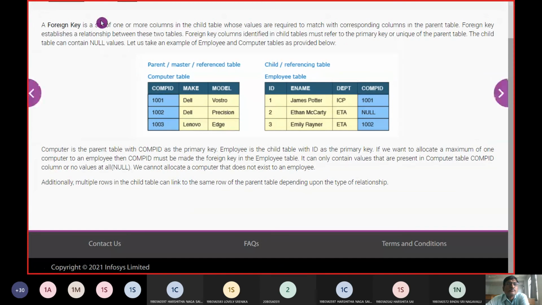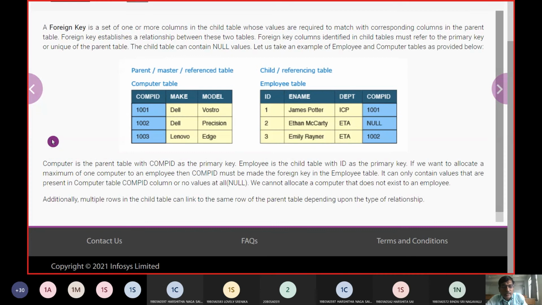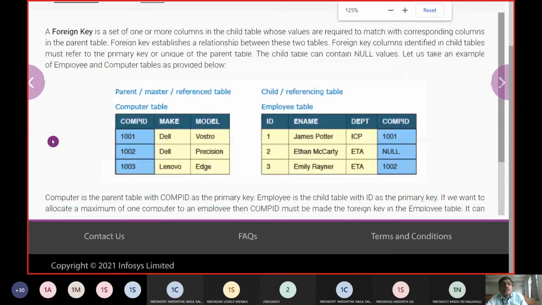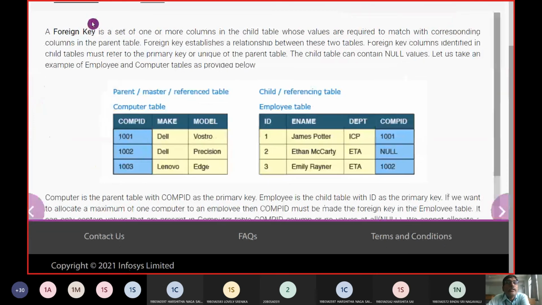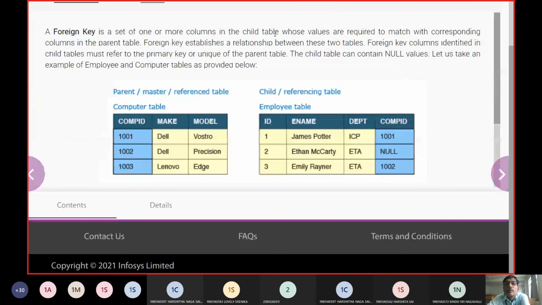Now let us look at the referential key, which we call here a foreign key. A foreign key is a set of one or more columns in the child table. Here we have a computer ID in the computer table, and an employee table.